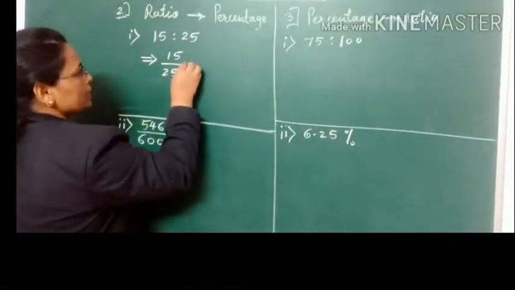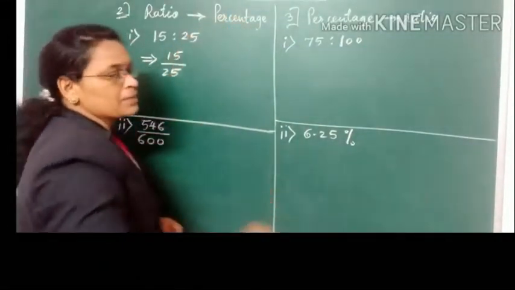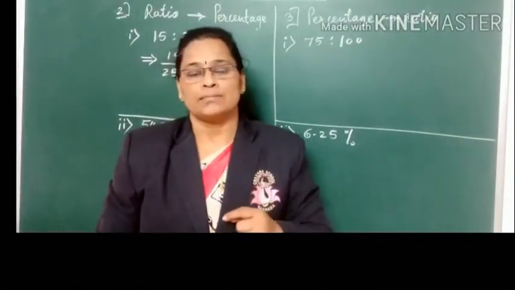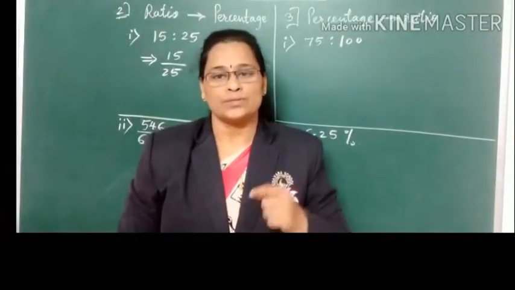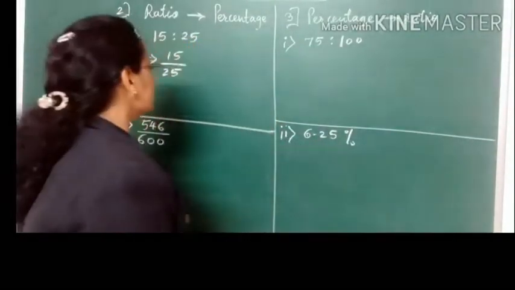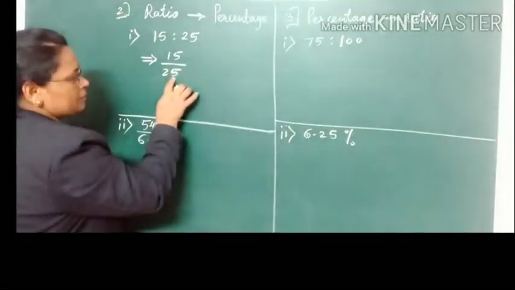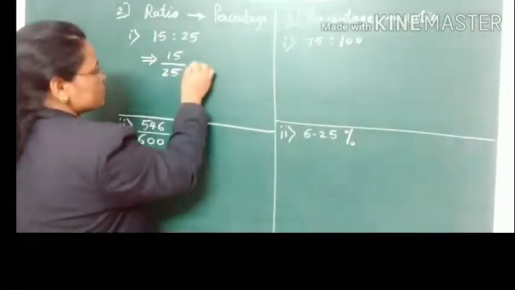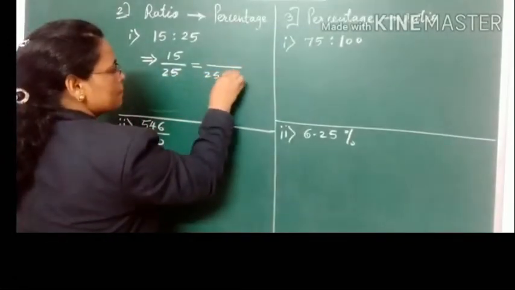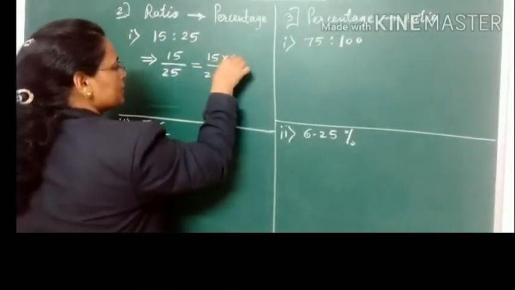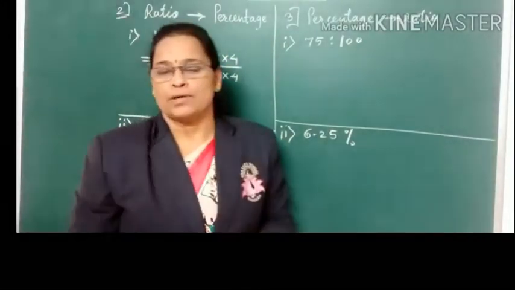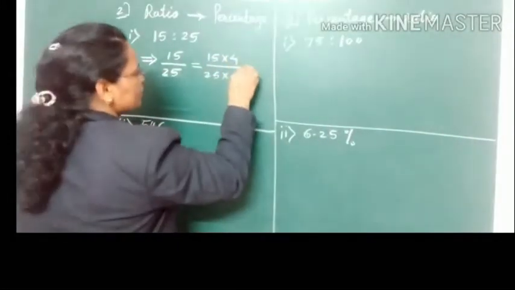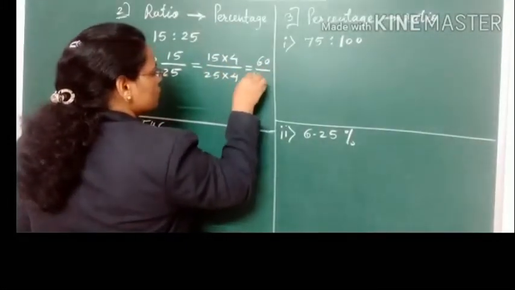Now this you have to write as a percentage. Percentage means, as you have seen in the properties of the ratio, if the second term of the ratio is 100, then that ratio is called a percentage. So here the second term we have to convert into 100. So how can we convert this 25 into 100? Just we have to multiply this 25 by 4. So the upper number, that is 15, also will be multiplied by 4, so that the ratio will not change. And therefore we'll have here 15 4s are 60 upon 25 4s are 100.